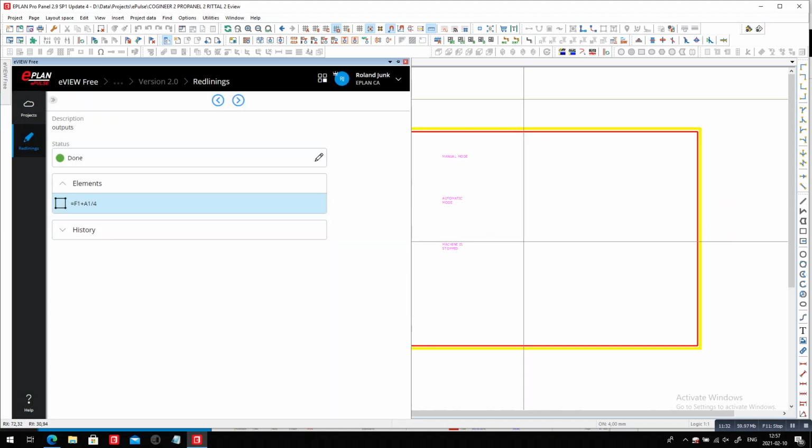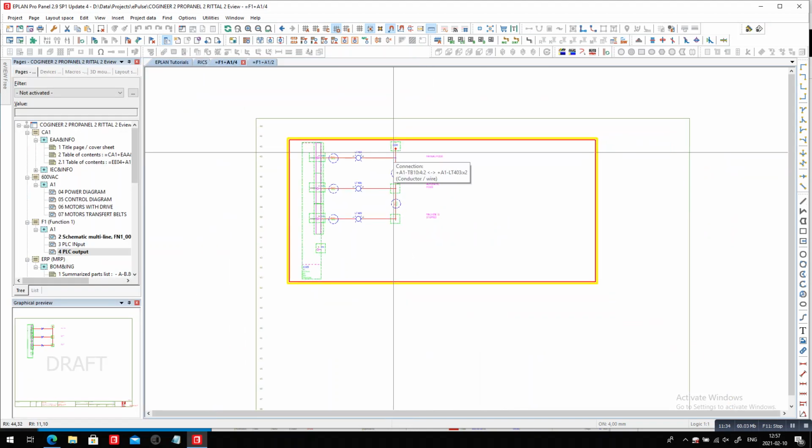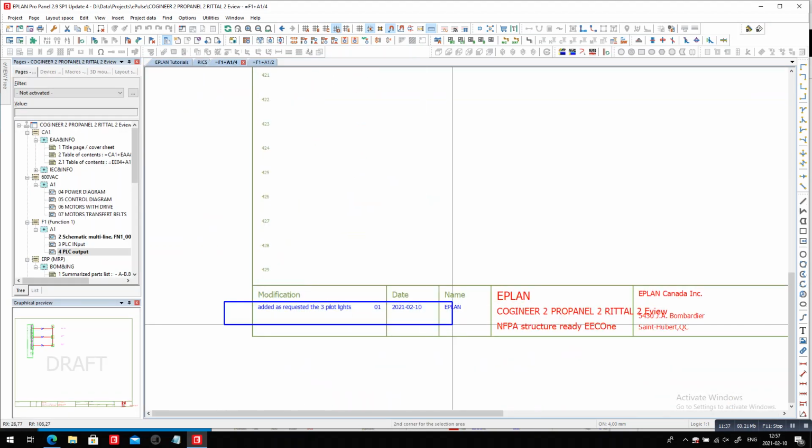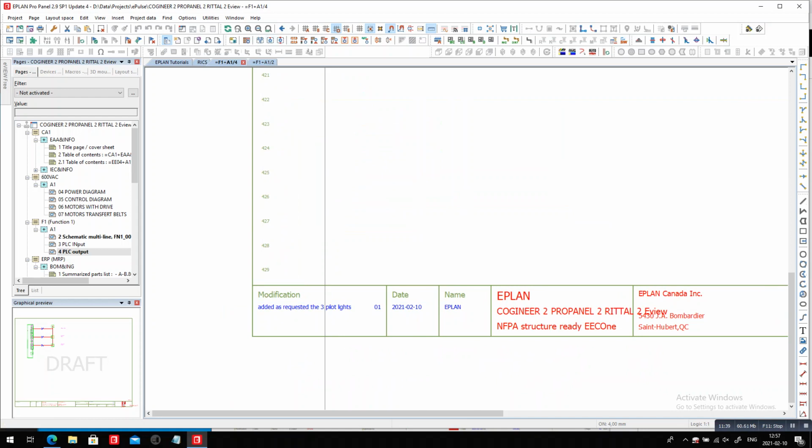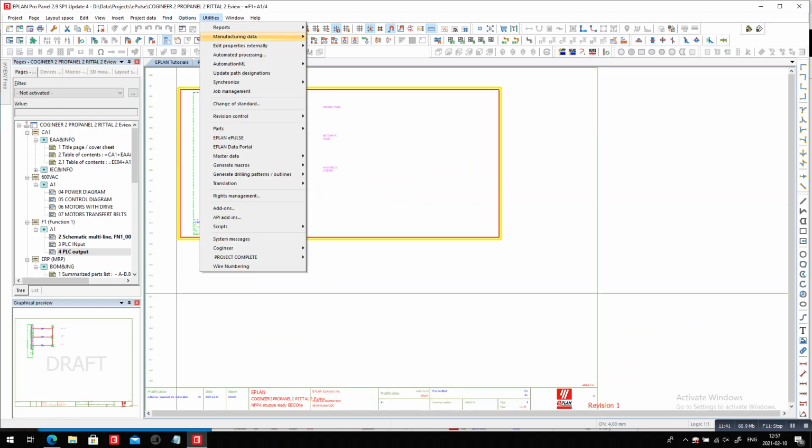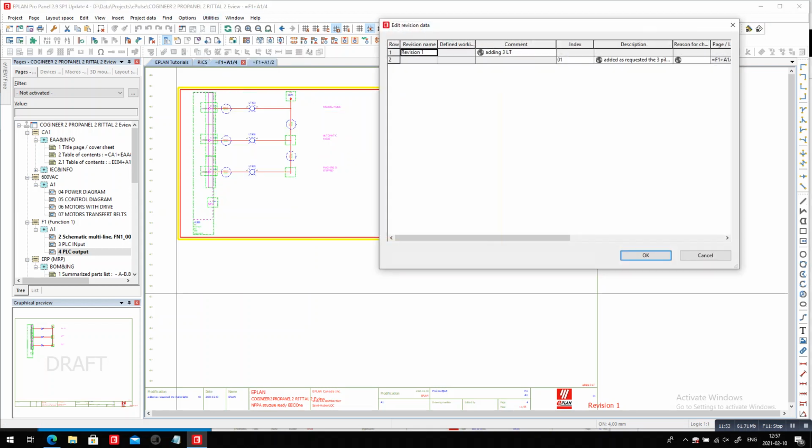This means now that the draft mode is gone, the registration is down here, and I have one first revision information that comes along when you actually open here with the revision management or the collaboration tool, which is included in the Pro panel. You can edit the revision data and you can see this added as requested 3 pilot